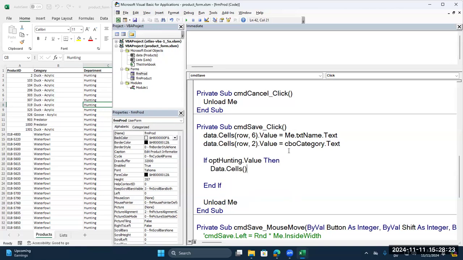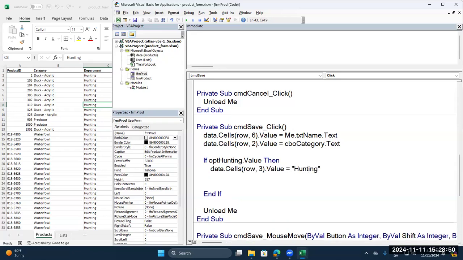We're going to go to data cells, row, column, three. Very good. Column 3 is our department column. We're talking about the products sheet, which is the data sheet. Column 3, we're going to change that value to what? Hunting. Else if